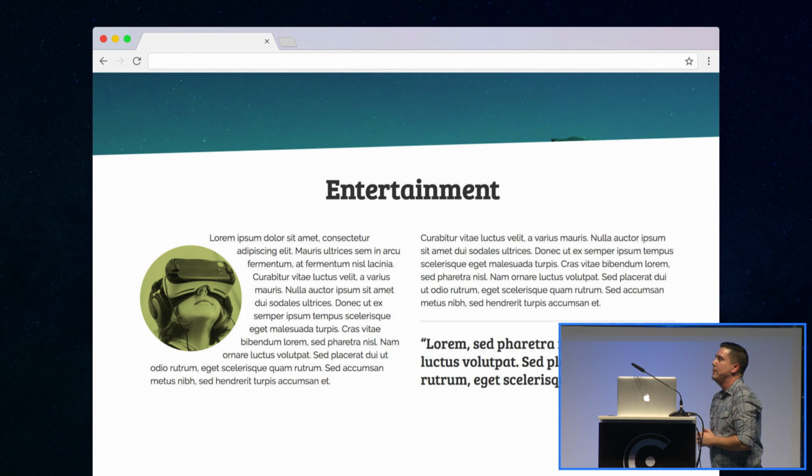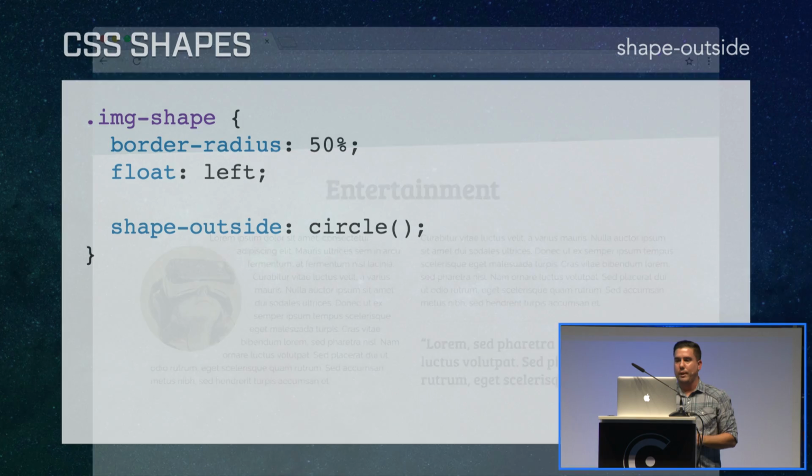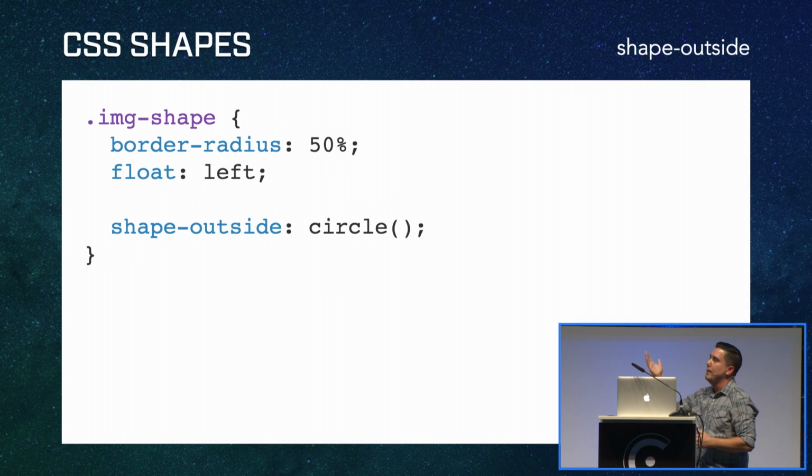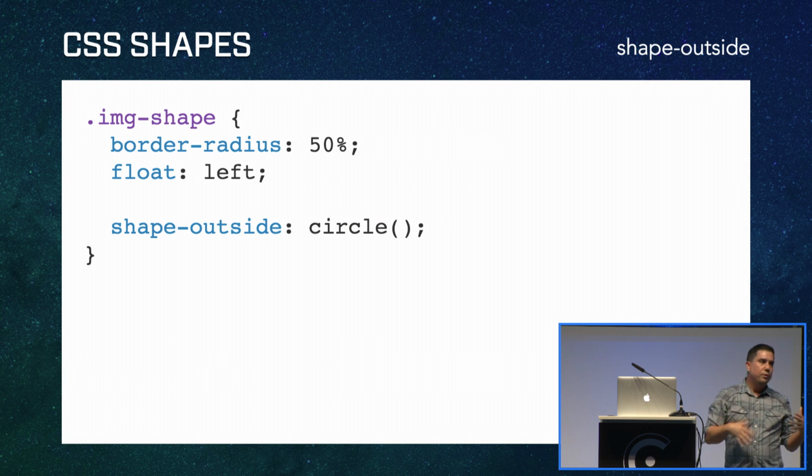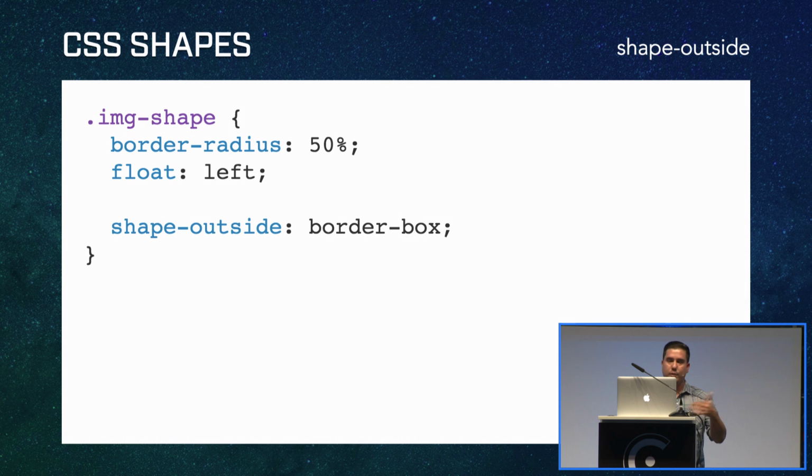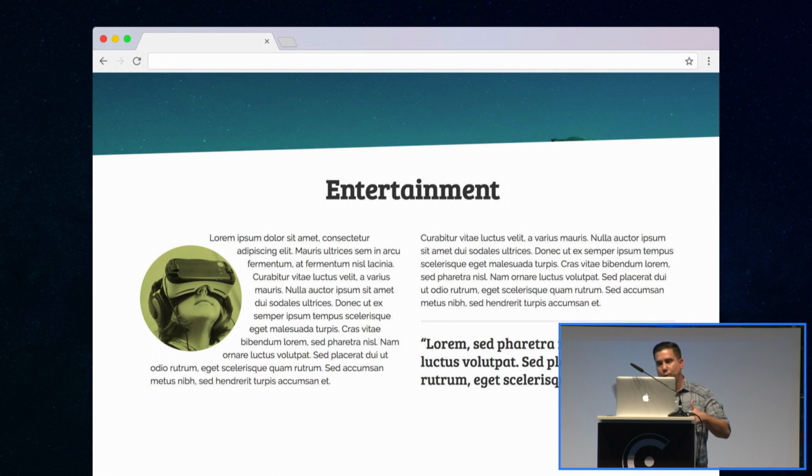So that's pretty neat, but what's interesting is that you can also leverage the box model and use regular box model keyword values to flow content around a circular image, for example. The image already uses a border radius to create that circular effect. So instead of having the browser do a little bit of extra work to redefine a circular shape, you can set shape-outside to border-box. We're all pretty familiar with that. And then the text will follow the outer